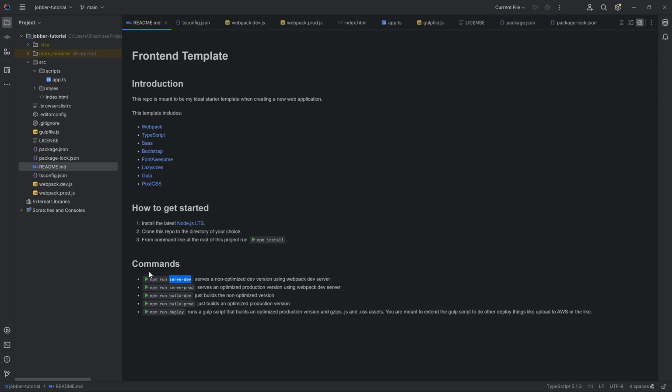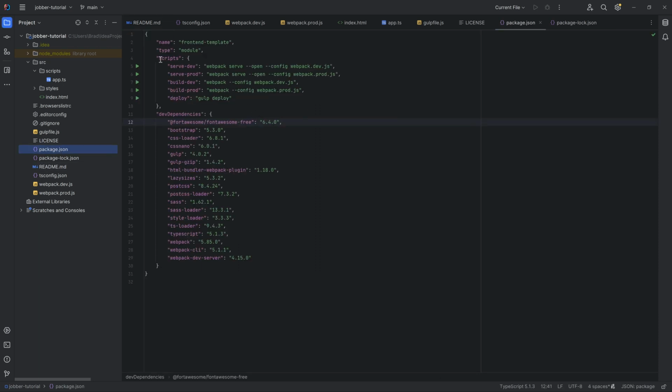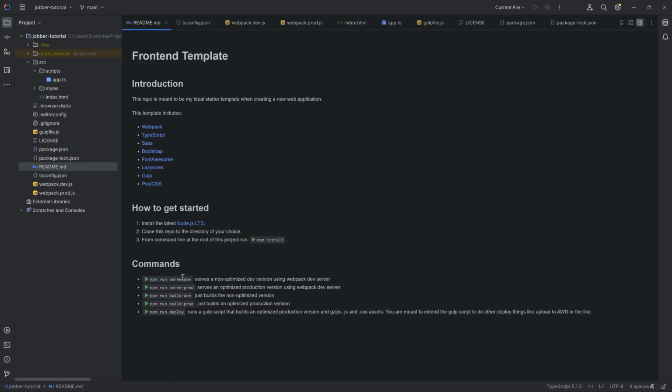And you might be wondering, okay, where does this come from, right? So we can look at our package.json file here, and inside of the scripts directory, so when you run npm run, it looks at this scripts object, and then whatever the name of the value that we pass in, it will then execute the command. So servdev, and then this is the actual command that it will run. So you can manually just put this into your command line and run it from your root, and that would be completely okay. But since we already have it all set up for npm,